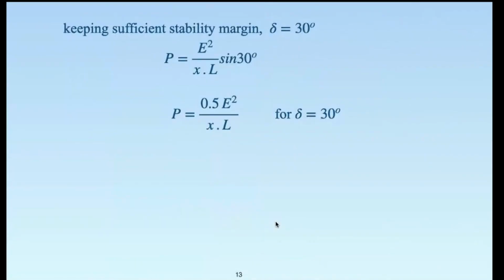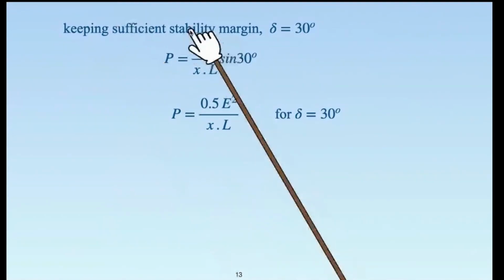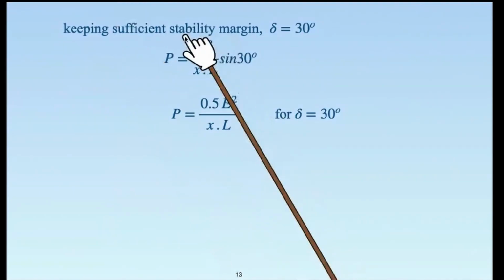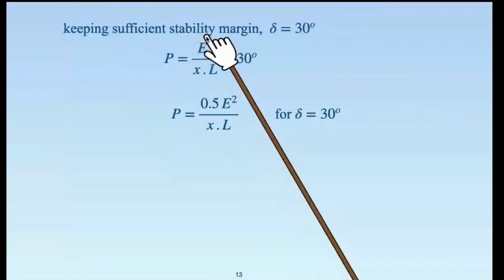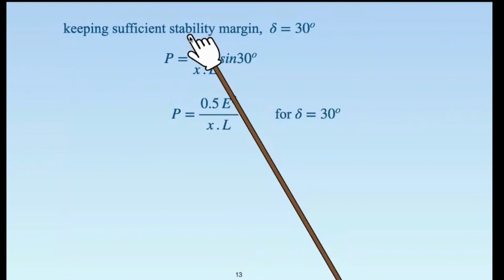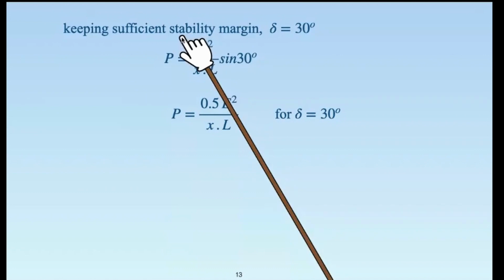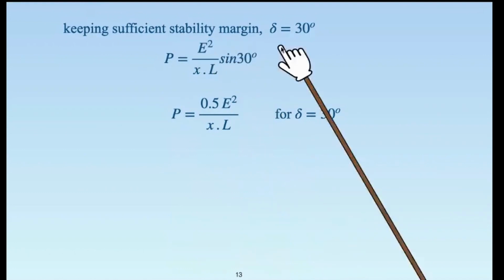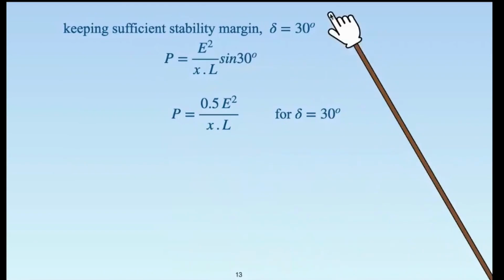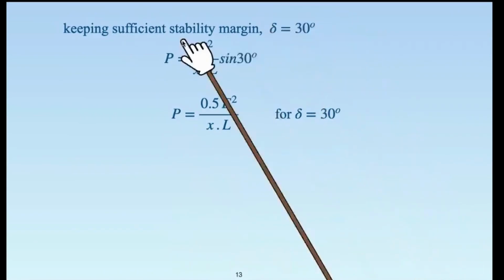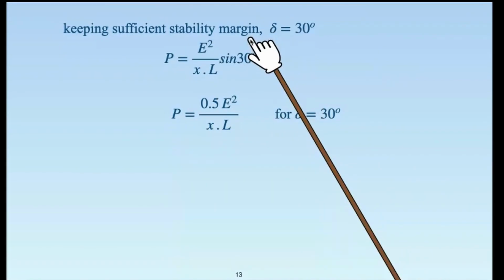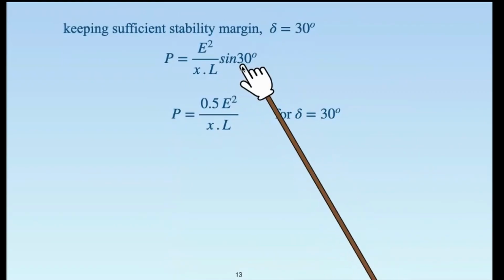The discussion went halfway. So see, stability is very important for power transmission, power transfer in a complex network, because the loads keep switching on and off, faults keep taking place. You have studied the power angle characteristics as far as the electrical power systems is concerned. You know that the power angle cannot be allowed to exceed a certain limit, and there is a stability margin. So keeping sufficient stability margin. As far as the previous equation is concerned, sine of delta.